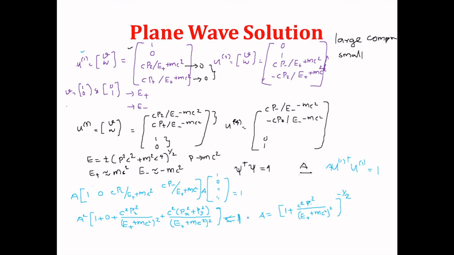So we have now obtained 4 independent solutions of the Dirac equation for a given momentum P. How the negative energy solutions are to be understood, we will discuss later. And the reason for the existence of 2 positive and 2 negative energy solutions, we will show later: the Dirac particle has spin half, so there are 2 independent spin orientations for a given momentum and energy. In the next class we will try to explain the negative energy values. Okay, thank you.